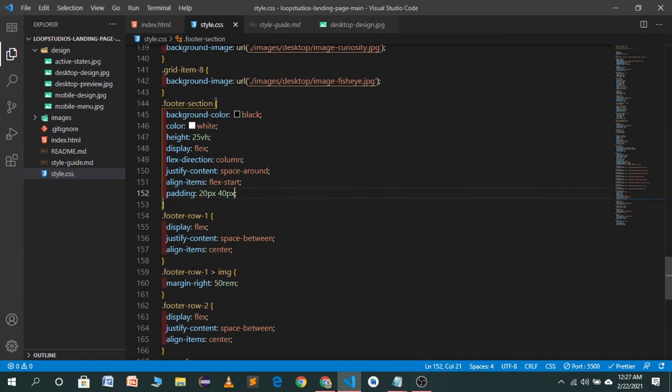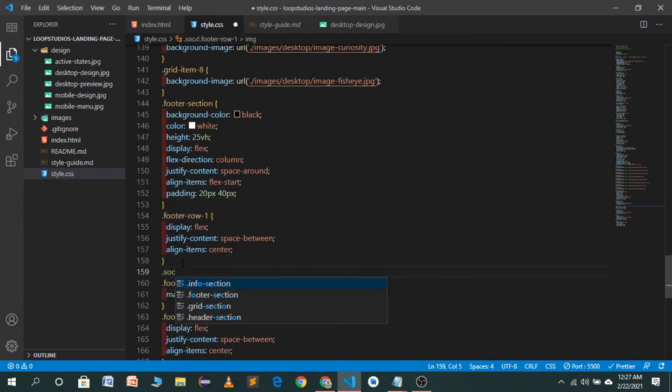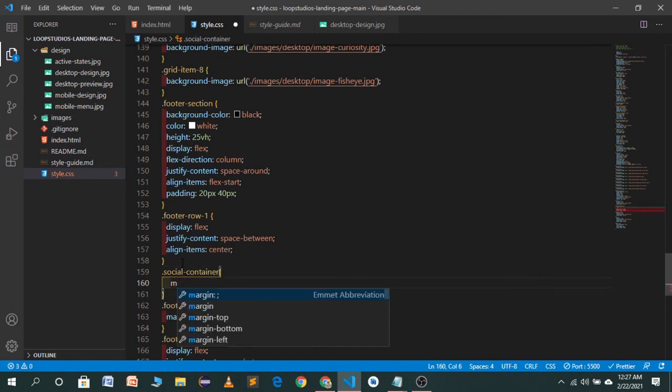So let's target the social container. In this social-container, we will give it a margin left of 10 pixel, cursor of pointer.